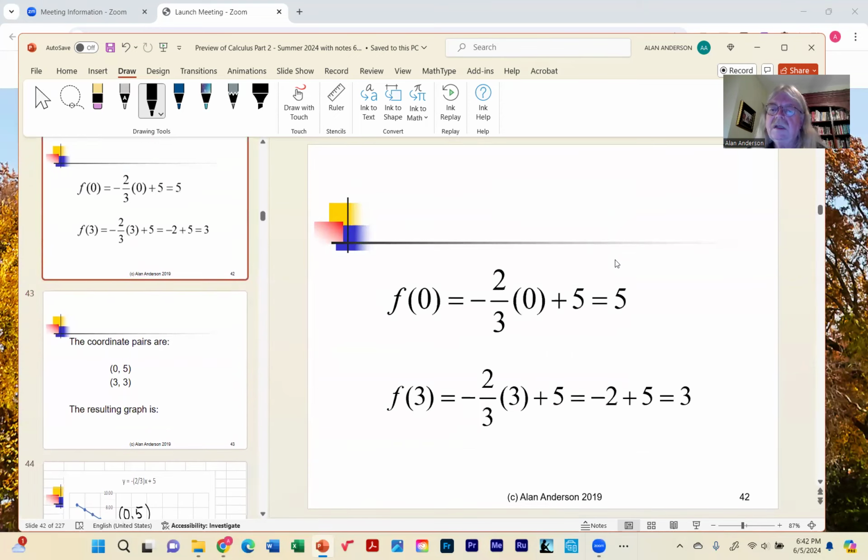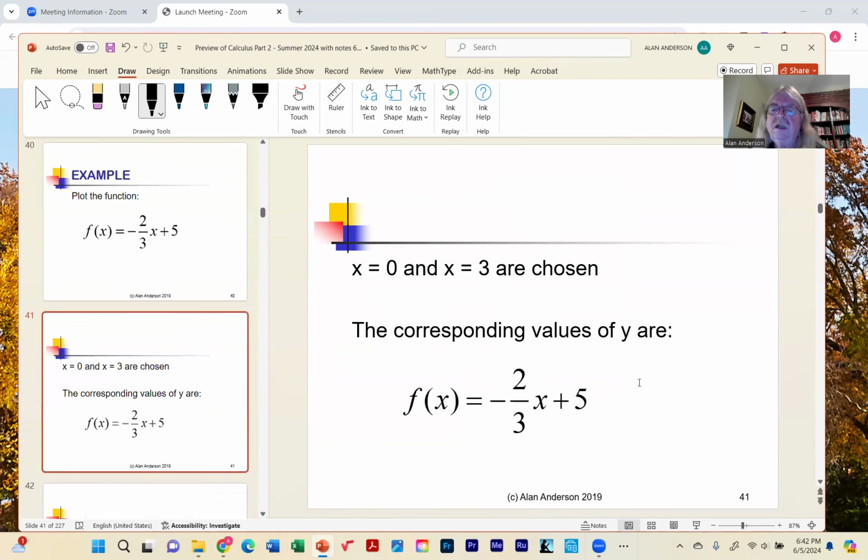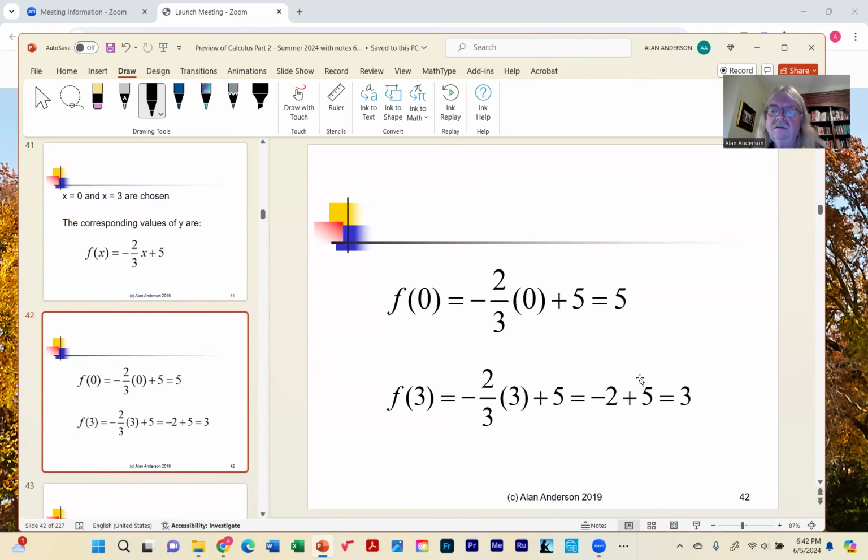What you could do, if you're not sure what it looks like, is pick 2 points and plot them with a straight line through them. For example, here, if you just randomly pick 0 and 3, you can then solve for y or f of x. So this tells me that the 2 points that we have in our line are 0, 5 and 3, 3. And if you draw that,